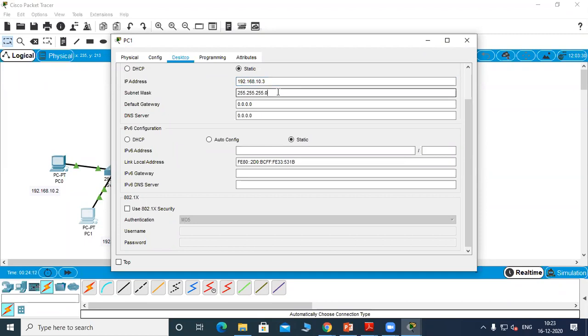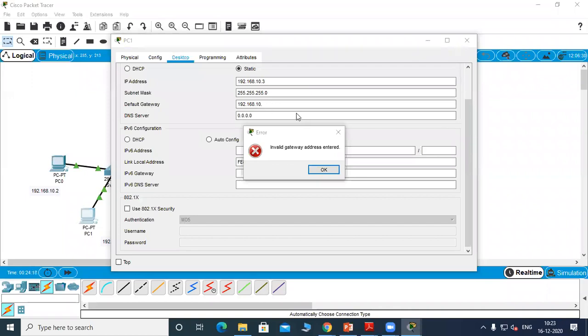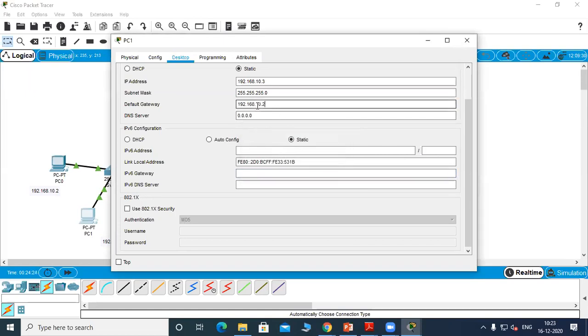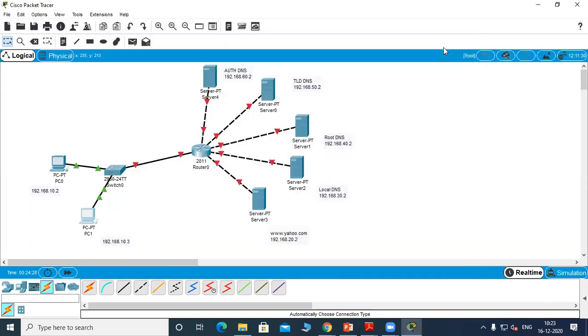This is 10.3, and the gateway is 10.1. You can see it is still red, so the gateway is not set in the router.